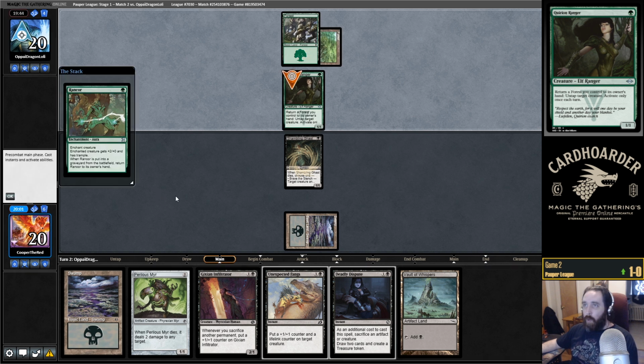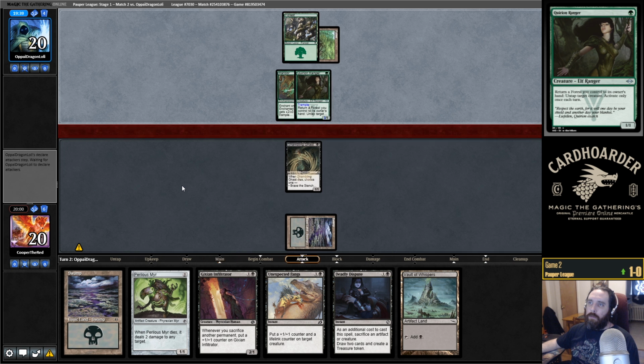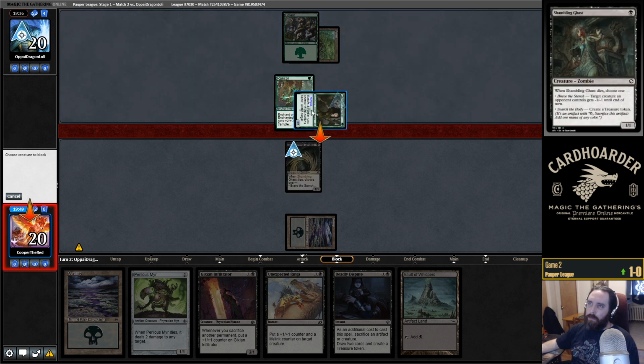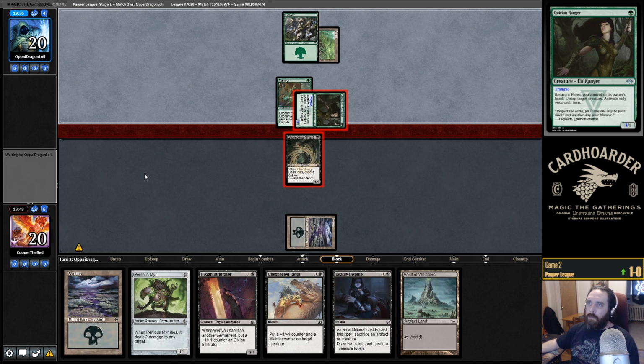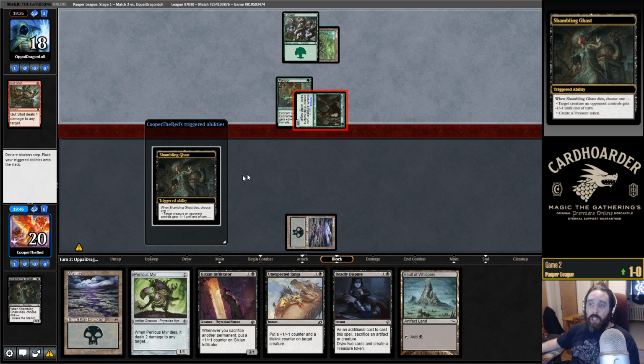Oh wow, they just throw a Rancor on it? Oh no, what do they have? I guess that wouldn't really work. Yeah, let's block. 100% block here. Wants to get that Quirion Ranger off the table anyways. And then they use a Gut Shot. All right, let's